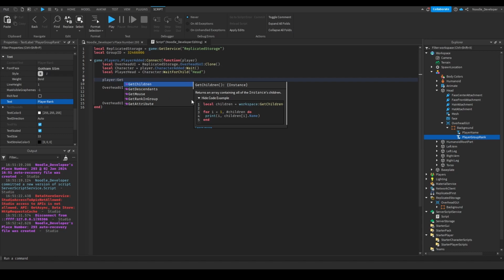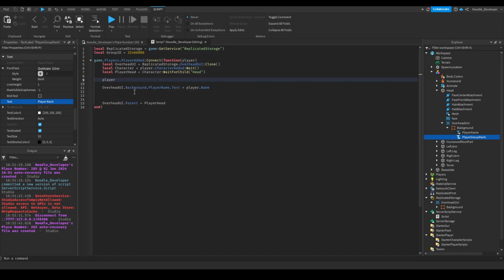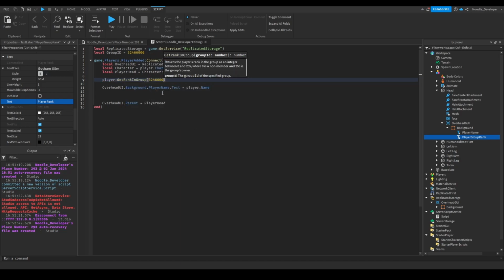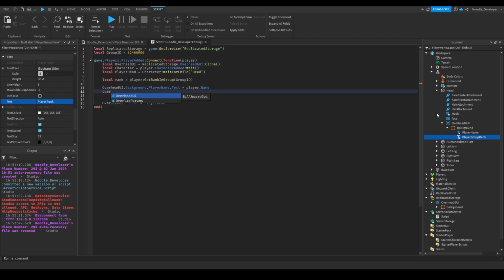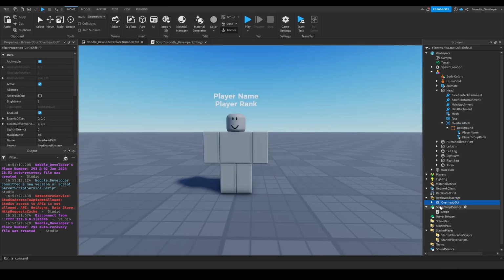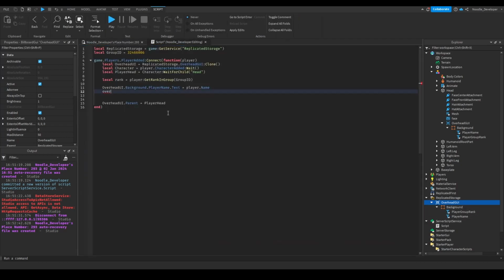Also Roblox has this real cool thing. You can see it gives you a snippet of code right here. So yeah, we have our group ID in here. So local rank equals player get rank group ID. And then we can obviously copy this, delete this one, and paste a new one in here with our group rank. So overhead UI dot background dot player group rank text equals